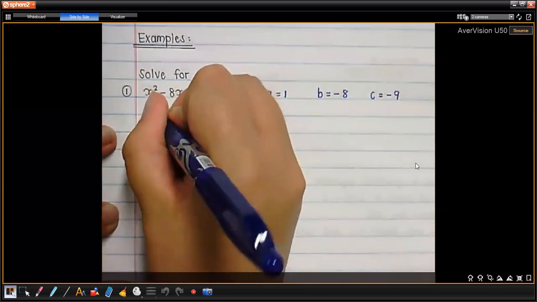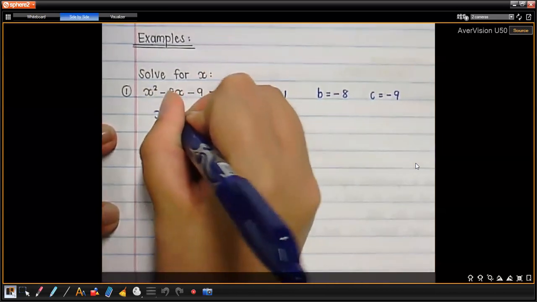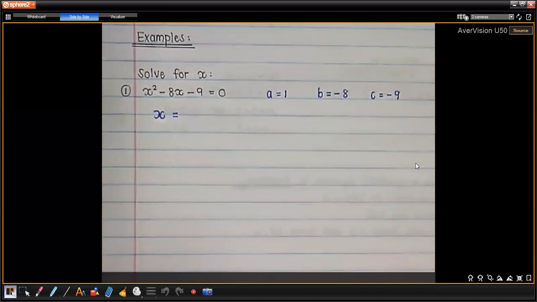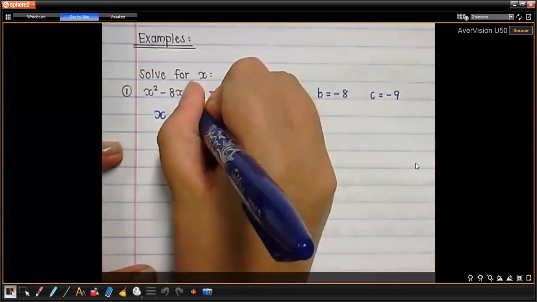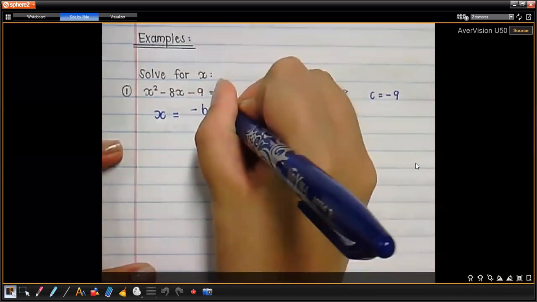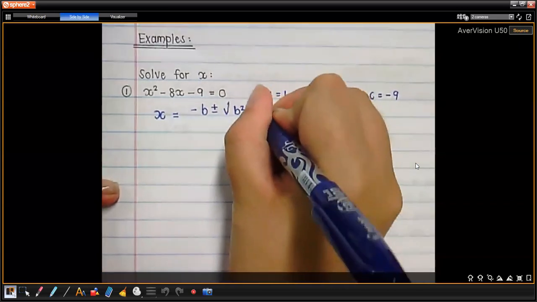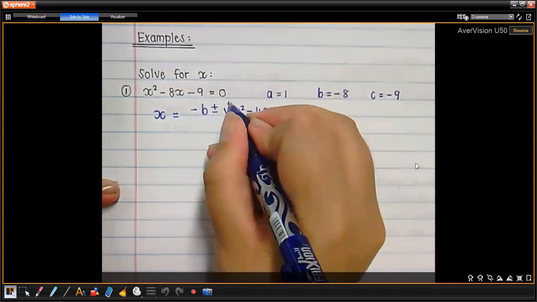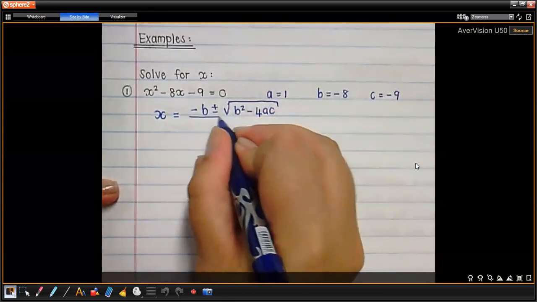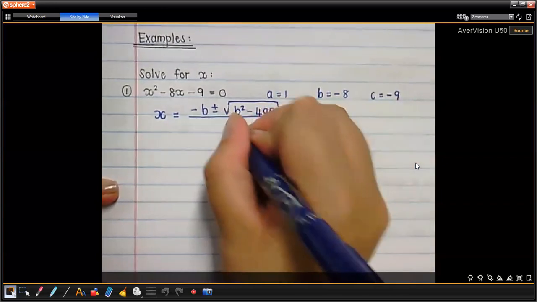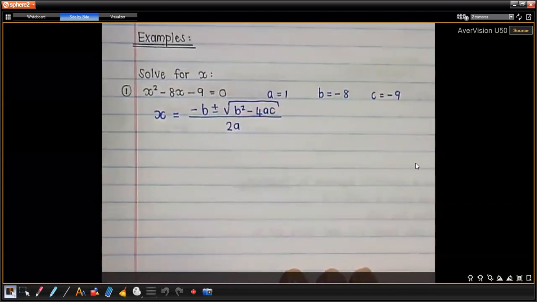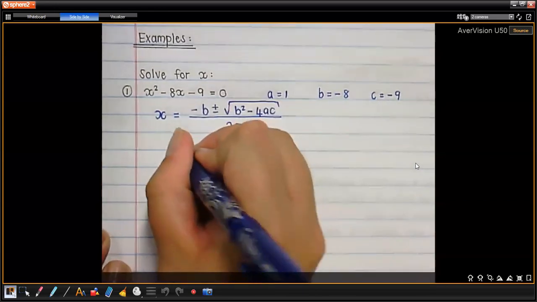Okay, I'm going to write this fraction a bit bigger now so you can see it more clearly. Because I want you to write the formula as many times as possible, because then it's going to stick. Okay, so we're going to write it every time we're using it. Minus b plus or minus the square root of b squared minus 4ac all over 2a. Okay, equals